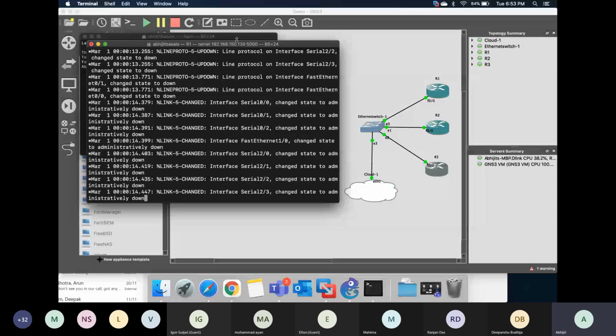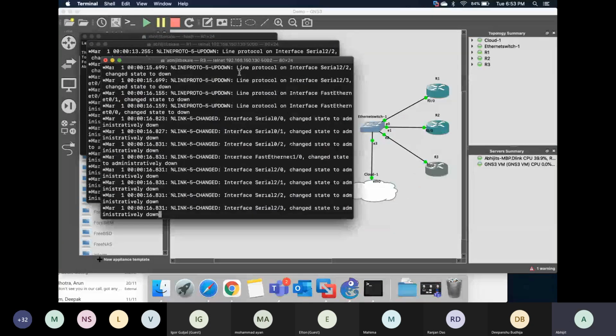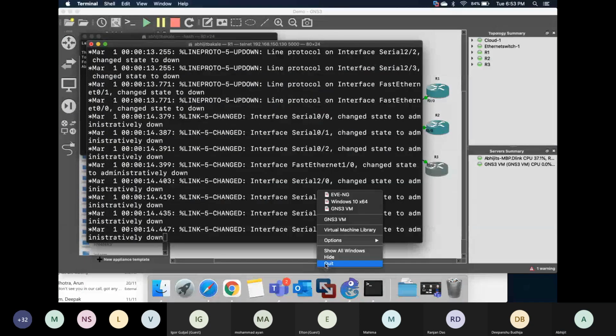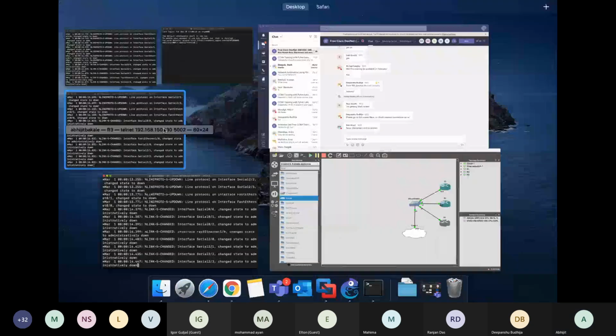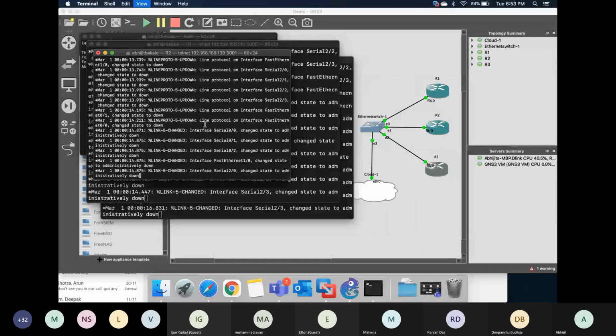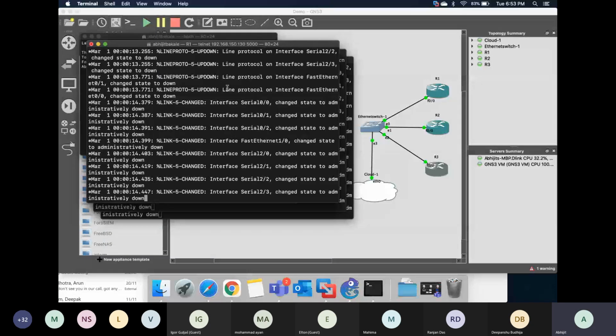I'll just increase the font size for you guys. So this is our R1, right? Now I'm going to configure R1 with a normal